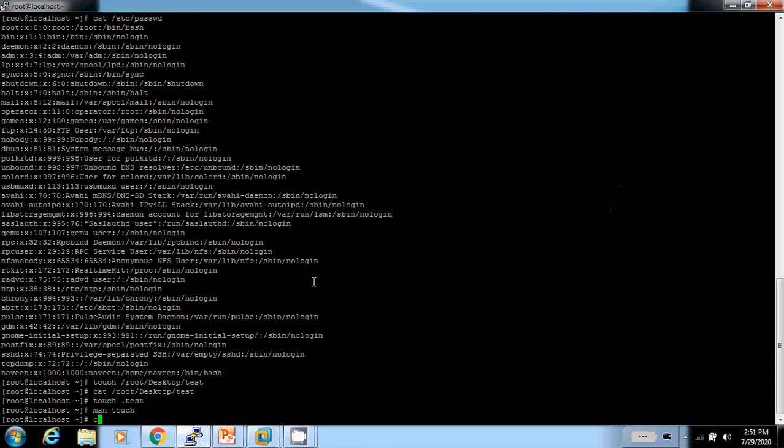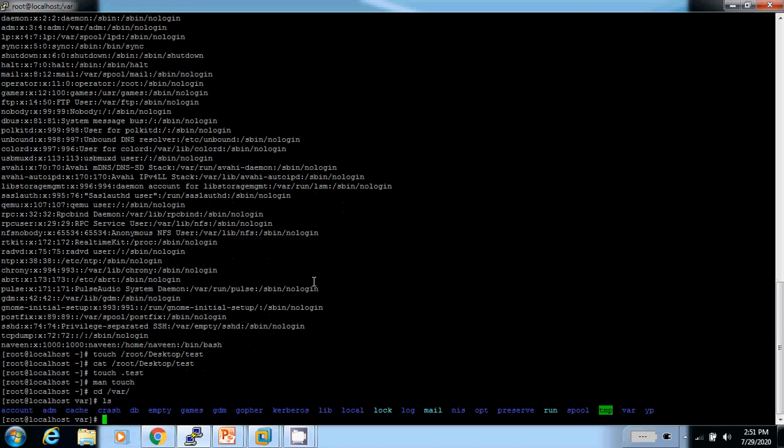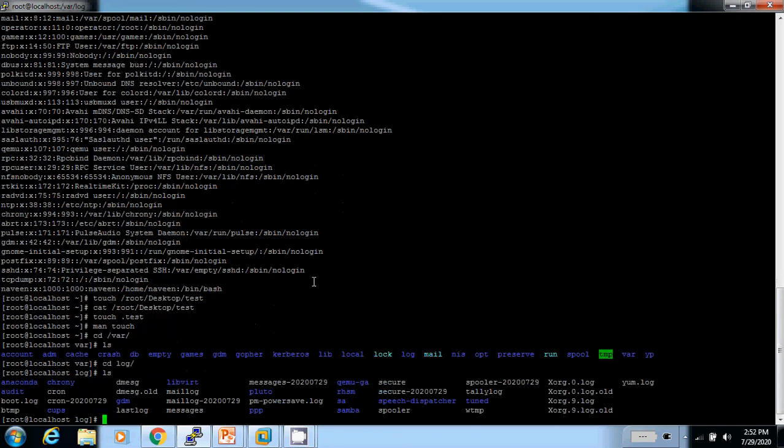Okay, we will move into a folder in my Linux server. cd /var/log/audit.